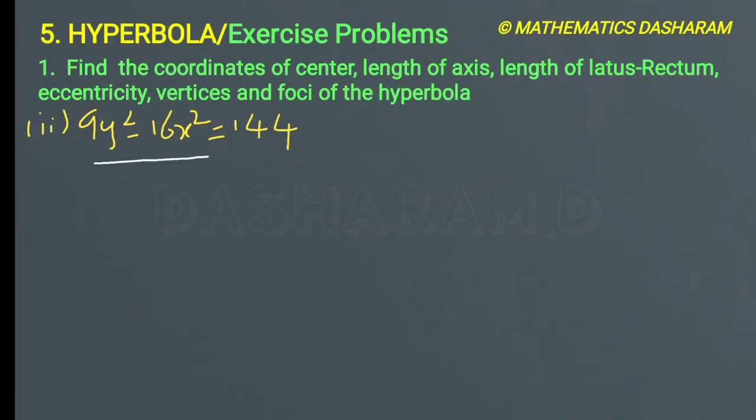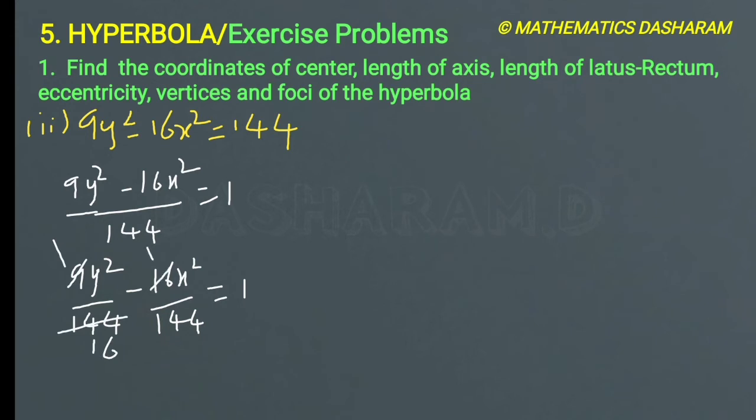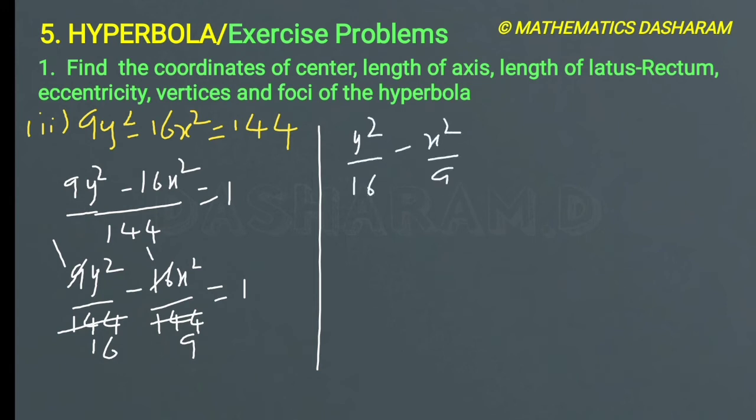Second question, 9y square minus 16x square equals 144. Let's convert into standard form. 9y square minus 16x square divided by 144 equals 1. Now split into two fractions, 9y square by 144 minus 16x square divided by 144 equals 1. So 9 1s are 9, 16 1s are 16, 9 16s are 144. So then y square divided by 16 minus x square divided by 9 equals 1. So it is a standard form of a conjugate